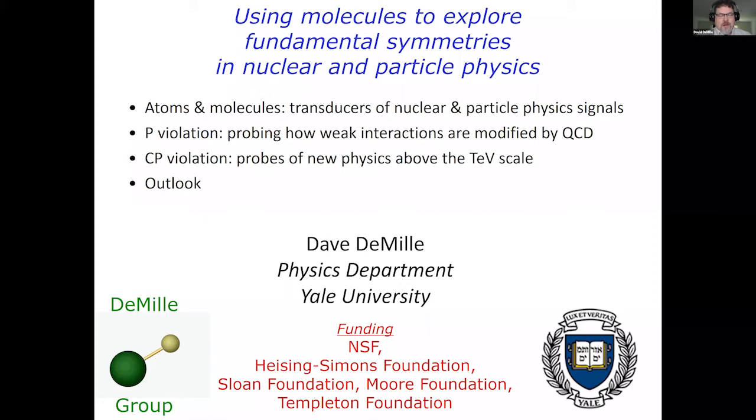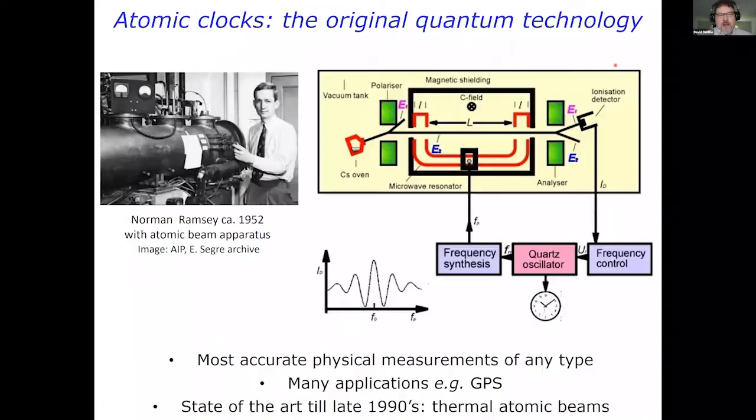What I'll be telling you about today is, in some sense, a broad overview of how to use atomic molecular optical systems, but particularly molecules, to explore discrete symmetries such as parity violation and CP violation. Sprinkled in with the broad overview will be some recent results and recent progress from our group. One of the things that I'll be emphasizing is that